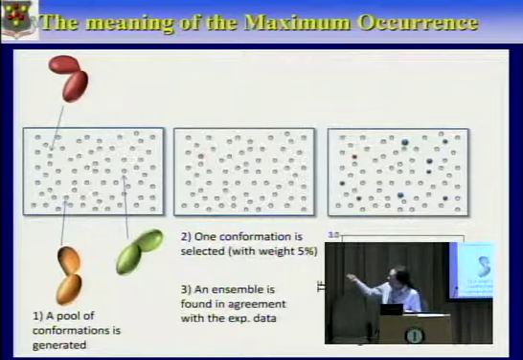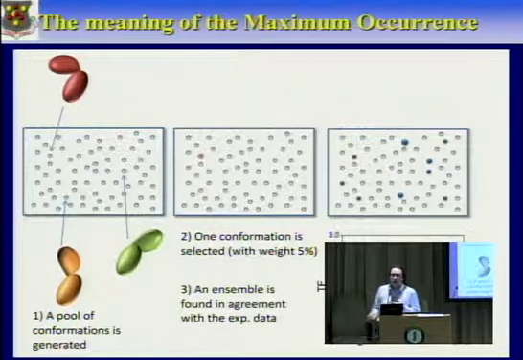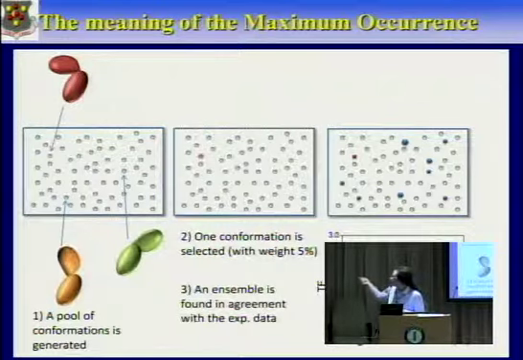We keep one weight fixed of the initial configuration, and we optimize the weights of all the other configurations in the ensemble, which typically has a fixed size, 40 to 50 structures in the ensemble, and we calculate the target